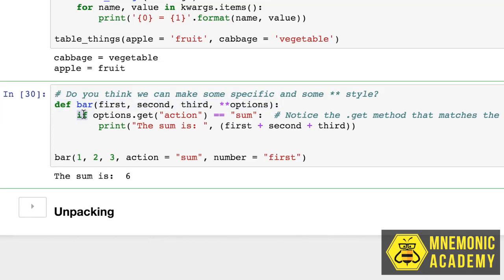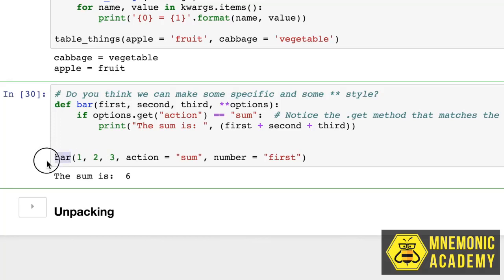Then we're going to make an if statement. So we're going back to our conditionals and we're saying, bring in this dictionary of stuff and get out the item action if it was passed in, which it was passed in down here. And we're saying, once you see what that is, if it's this and it's equal to this, then execute this logic, adding this together and printing it out, okay? So it's a little tricky, but